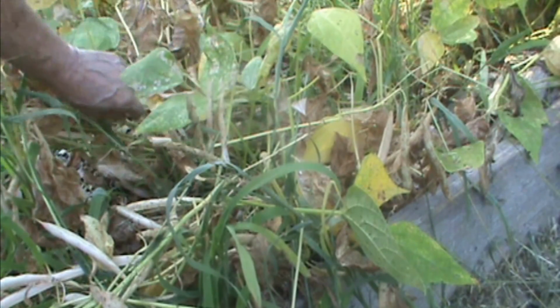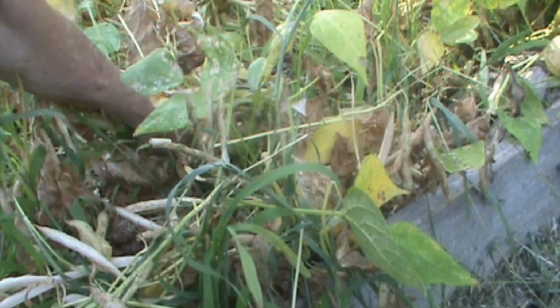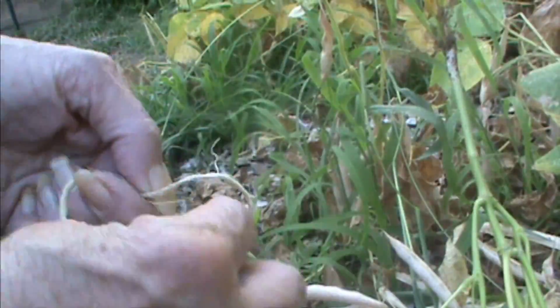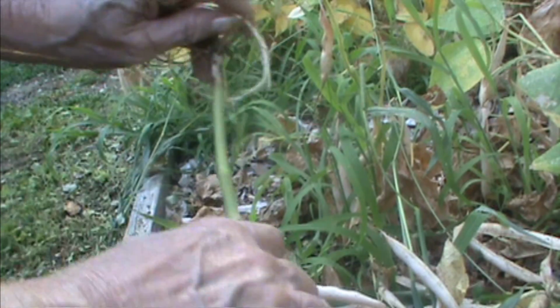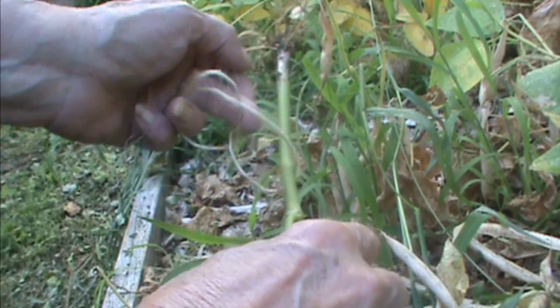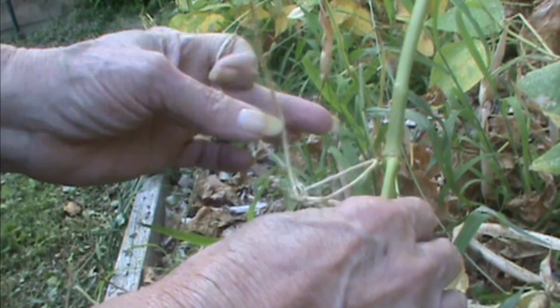And we could let them fully dry right here in the bed, but I want the bed for something else. And critters will eat on them. The sooner I get them out and hanging, the better. So when we pull them, we're going to hang them, and you can either hang them individually on string like you do garlic, or you can just put them in a bunch. But we just want to hang them so we can keep them up off the ground, keep any critters from